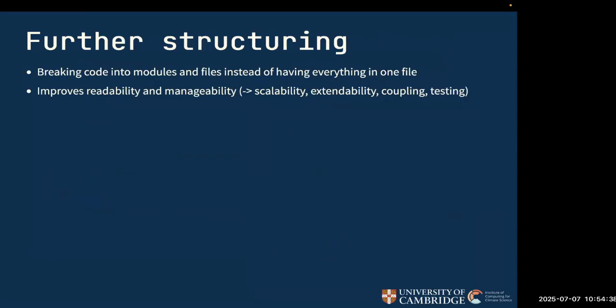There is more stuff that we can do about structuring. There are modules, and also you might not want to put everything into one file or so, just to make it easier to find things without scrolling through one mega file. And if you want